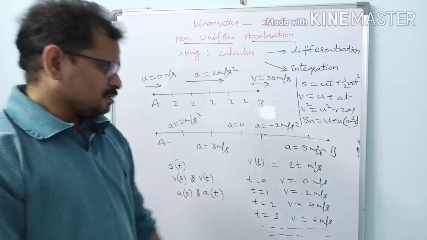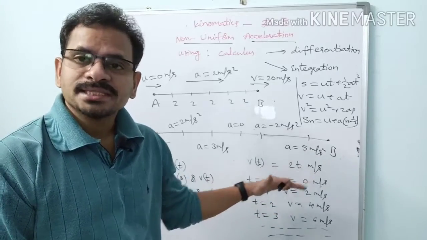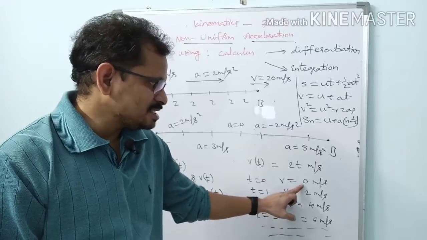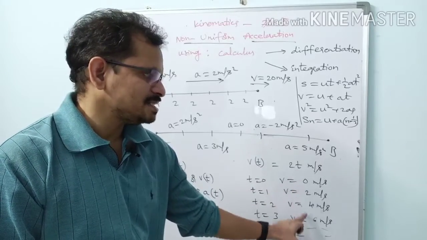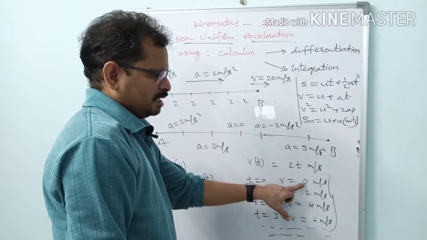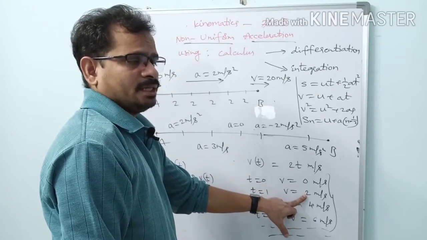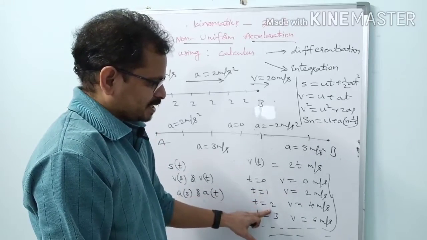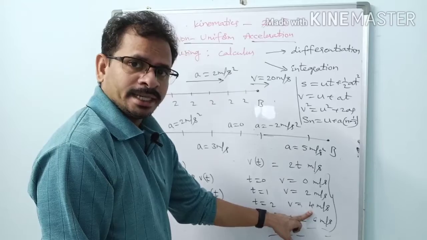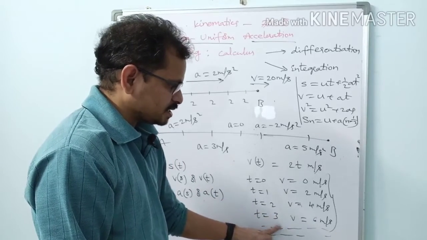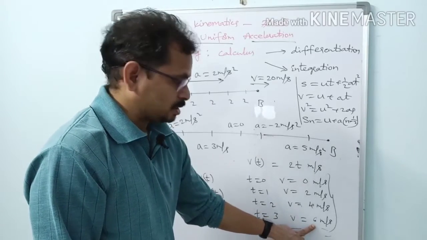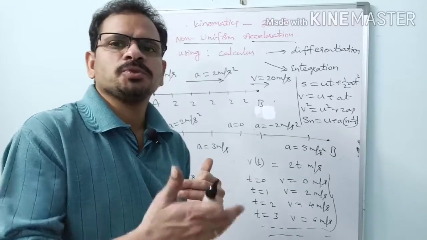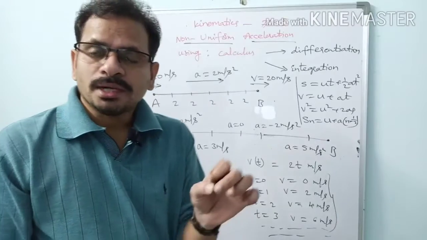Now, what type of acceleration is this? Is this uniform acceleration or non-uniform acceleration? Is velocity increasing uniformly or not here? Velocity is increasing uniformly. Initially it was 0. In 1 second, its value is increased by 2. In the next 1 second, its value is increased by 2 units. In the next 1 second, its value is increased by again 2 units. In the next 1 second, that is the third second, its value is increased again by 2 units. So in each second, velocity is increasing by 2 units, 2 units, 2 units, 2 units. So what type of motion is this?